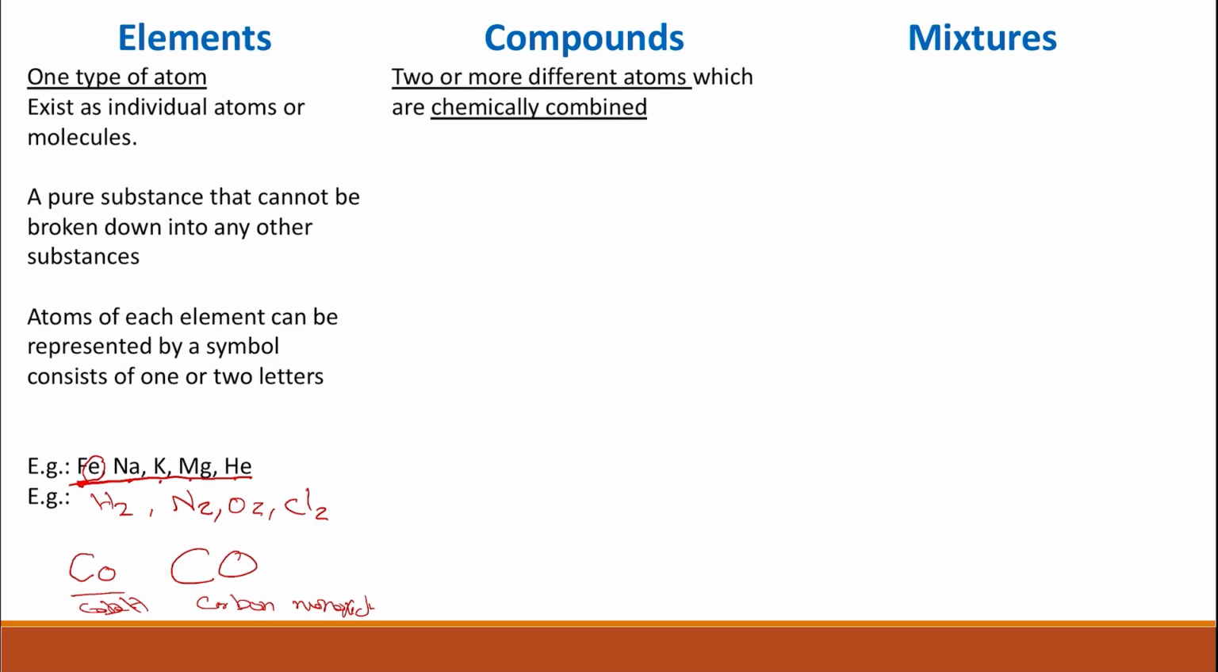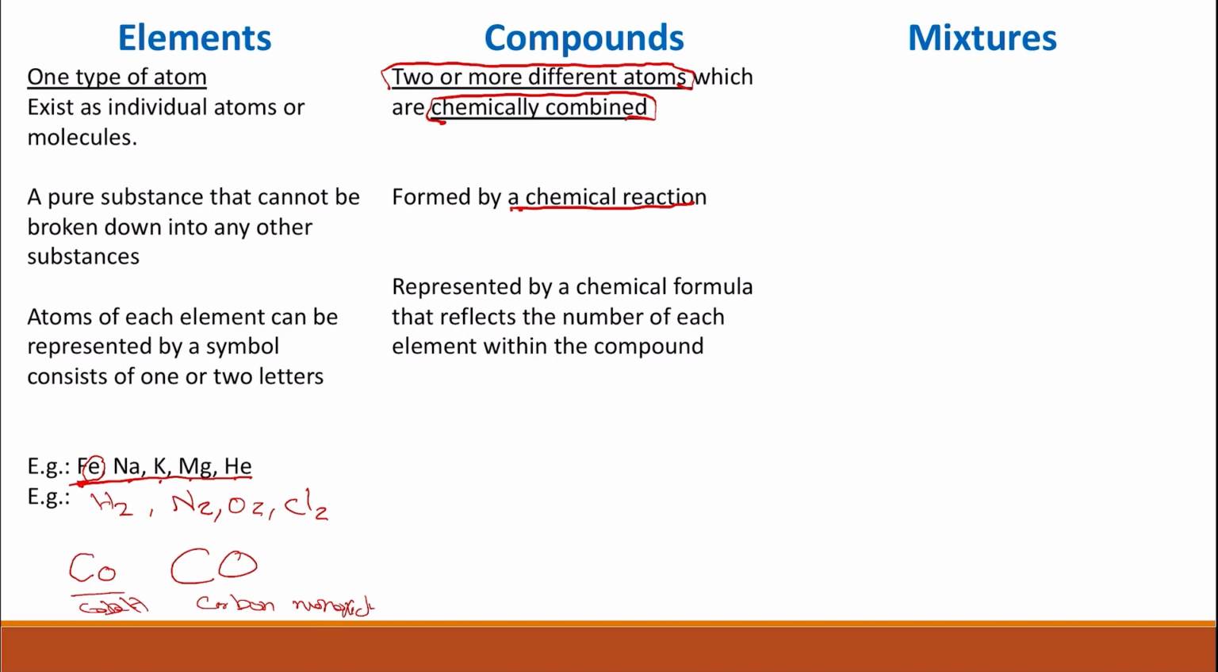So what about compounds? Compounds consist of two or more different atoms which are chemically combined. So the whole idea is being two or more different atoms and they are chemically combined. So when elements react together, they form compounds. So compounds are formed by a chemical reaction. A compound or different compounds are represented by a chemical formula, in the same way as we represented the elements, whether they exist as individual atom or a molecule,